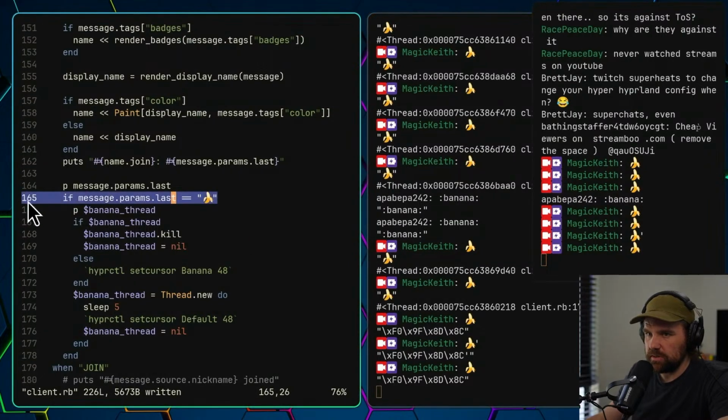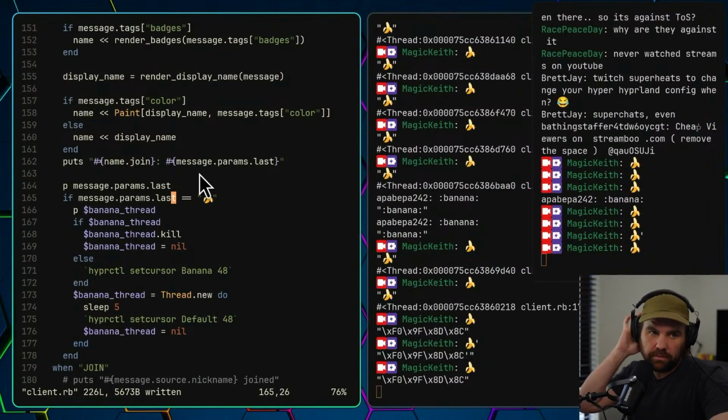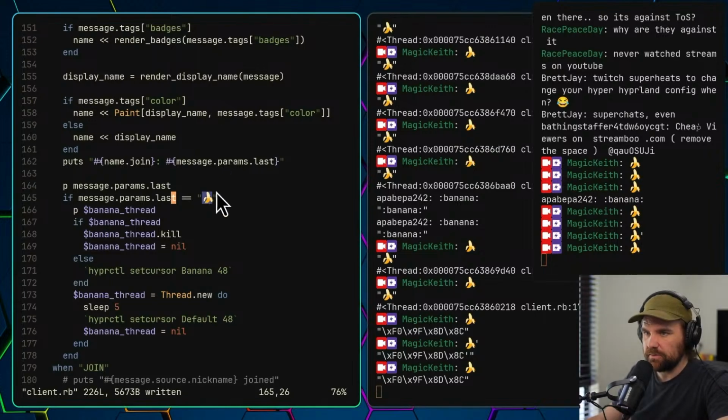It's just not working. Something to do with different banana handling or something. Is it a different encoding or something? Are there different emojis across platforms?